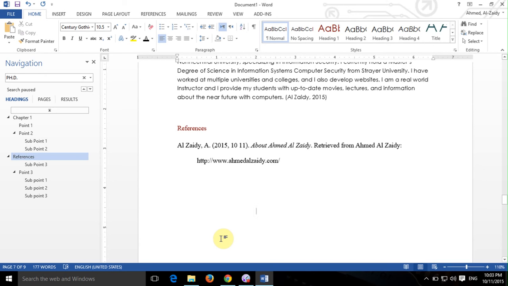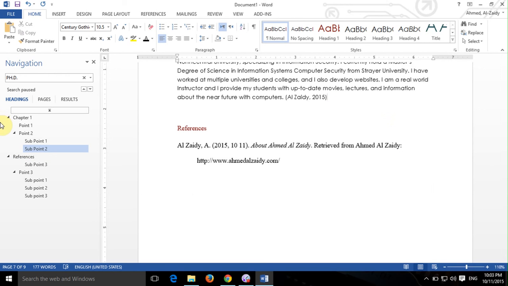Okay, now this is how you can do a citation and references as well, and add a source. You have the ability to edit the citation or finish